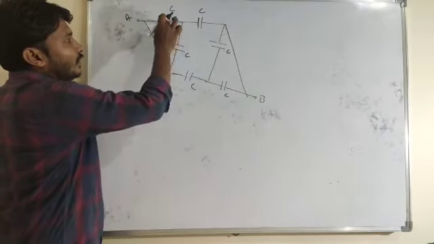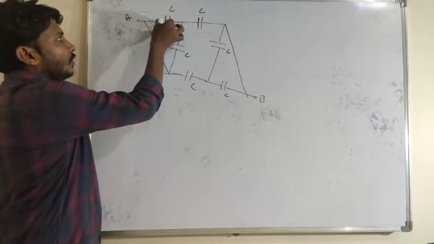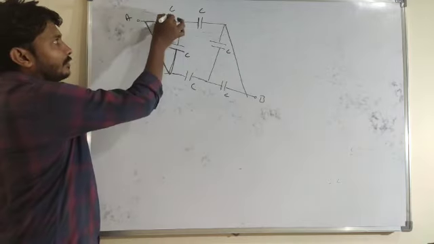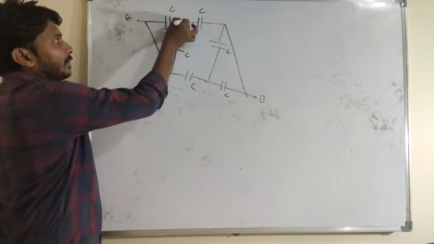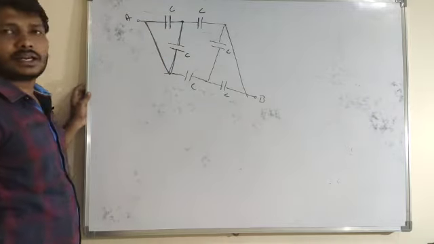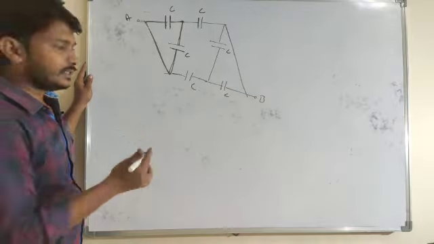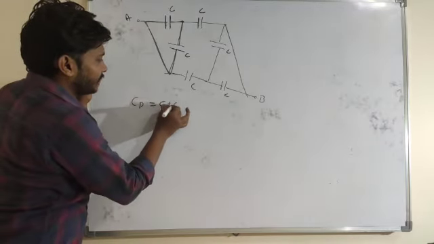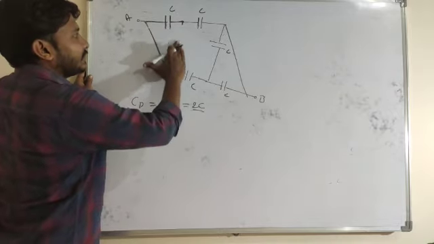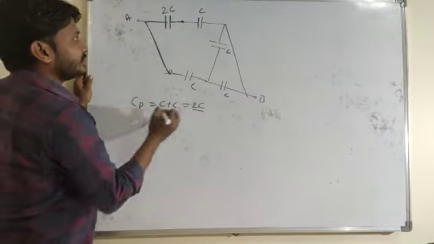Now look here. What is the nature of combination between C and C here? One plate is connected to point A, and one plate is connected to point B. The other plate of this capacitance is connected to this point. So connections are made between two common points, which is nothing but a parallel combination. So C plus C, 2 times C here. Instead of writing two capacitors, I will take a single capacitor. Its value will be 2 times C here.